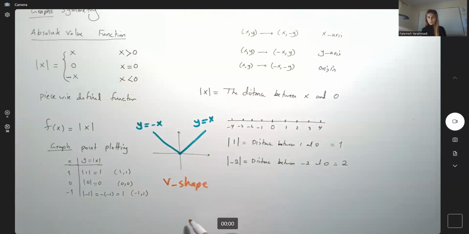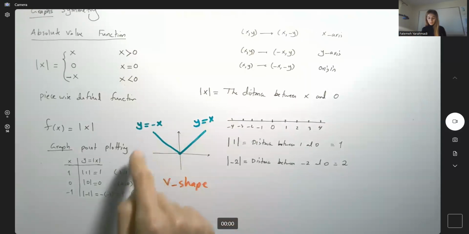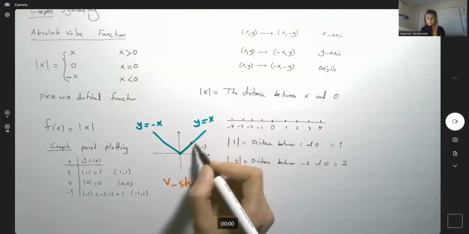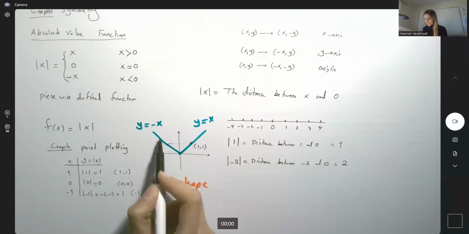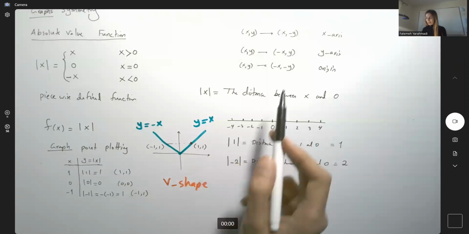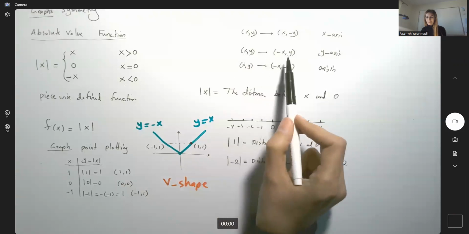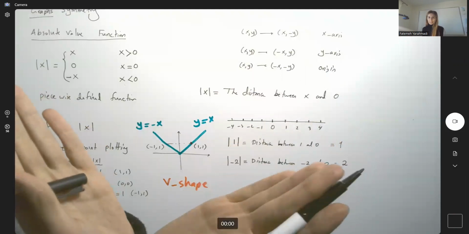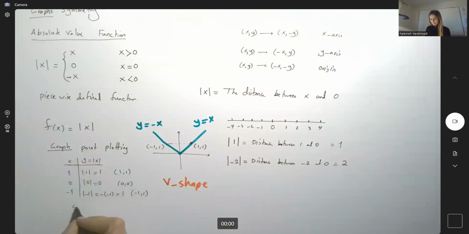V-shape. So remember the definition of symmetry. Obviously, for any point like (1, 1) on the graph, if I look at the reflection on the graph, (-1, 1) is also on the graph. If (x, y) is on the graph, (-x, y) is also on the graph. So it's symmetric with respect to the y-axis, and visually we can see the same. Symmetric with respect to y